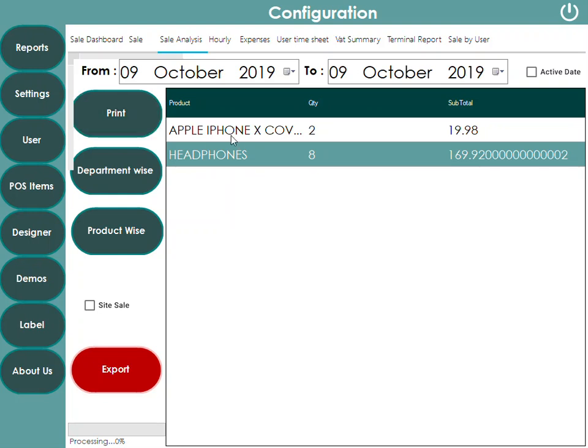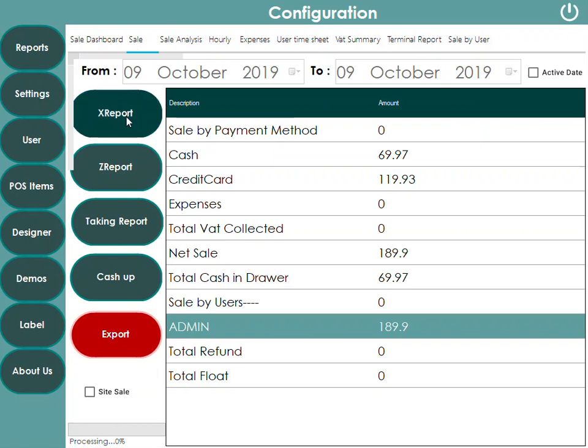You can print any of this sales analysis using this print button. In the sales section, there are two kinds of report. One is the X report and the second one is the Z report. If you press X report, it will print the information on the 80 thermal receipt printer, which will be provided